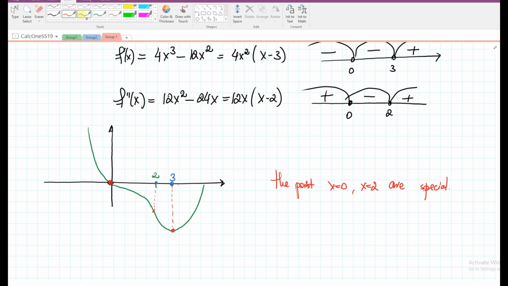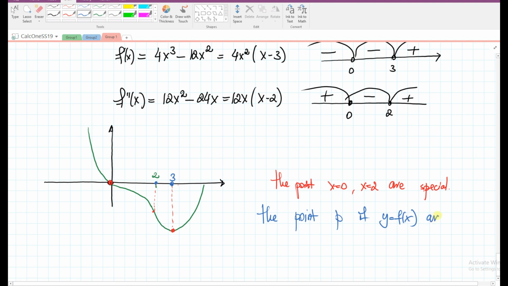You'll be asked in the exam also to find the inflection points. So the points (p, y) on y equal to f of x are called inflection points